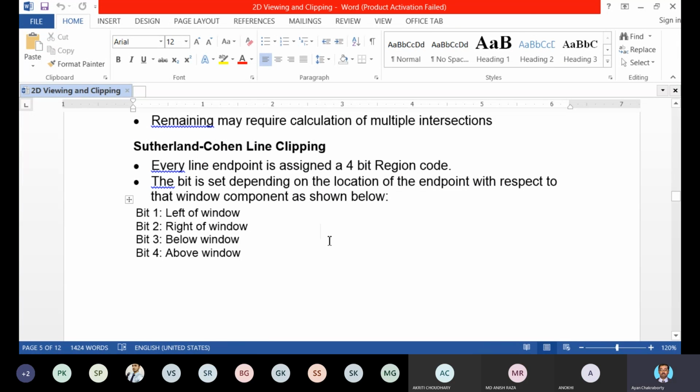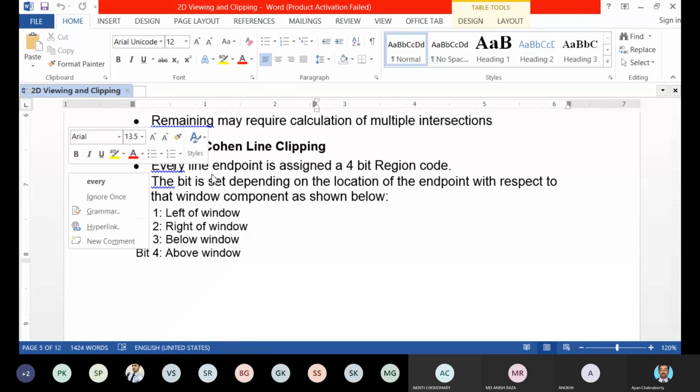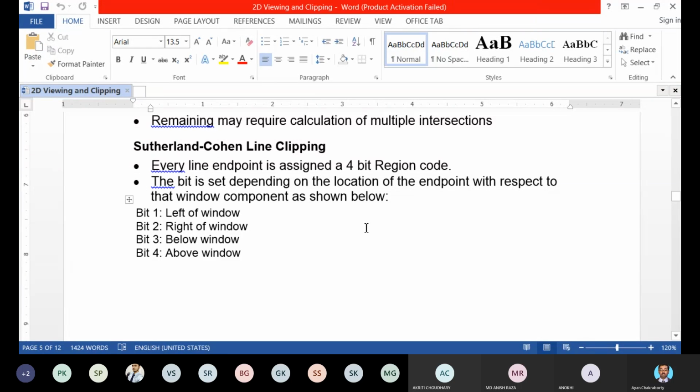Okay, so all of you can see the notes? Yes, sir. Okay. So as you can see, Cohen-Sutherland or Sutherland-Cohen line clipping algorithm, the basic logic, a very amazing, yes? Any problem? No, sir. Now it is visible. Okay, actually there is a little bit of delay in Microsoft Teams. That's why this problem arises every time.